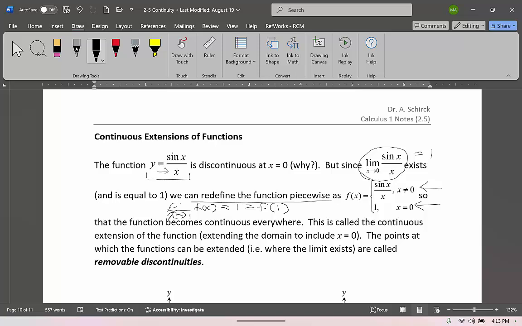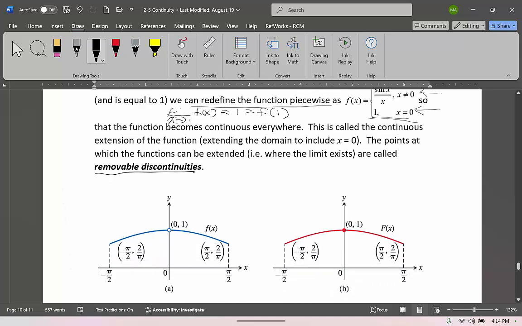So when you can redefine the function by setting it equal to the limit at a point, then that is called a removable discontinuity. Okay, so we can remove the discontinuity by assigning the value of the limit to the function. All right,